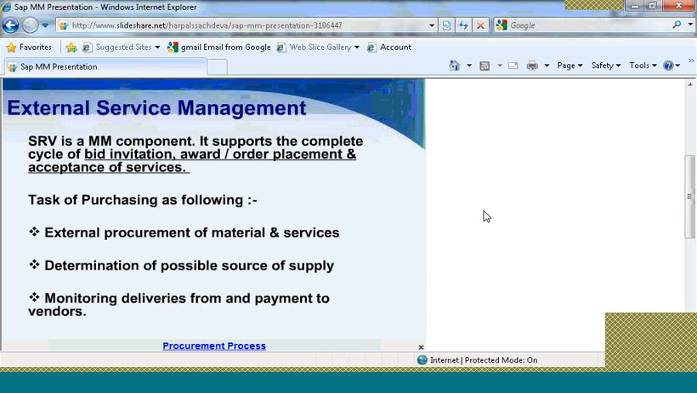External service management: this component supports the complete cycle of bid invitation, award or order placement, and acceptance of services. So for example, we saw the purchasing component, and this component is closely related to the purchasing component. The external service management includes your external procurement of materials and services, determination of possible sources of supply,